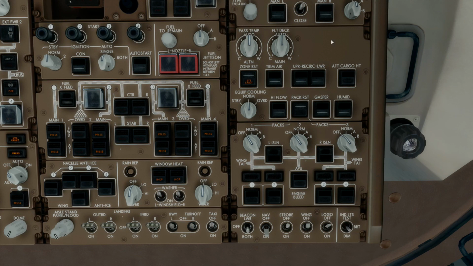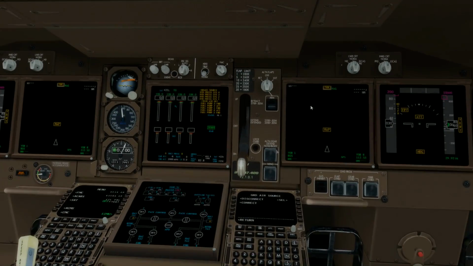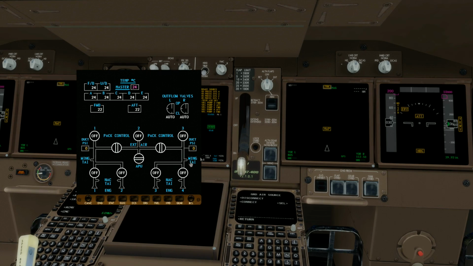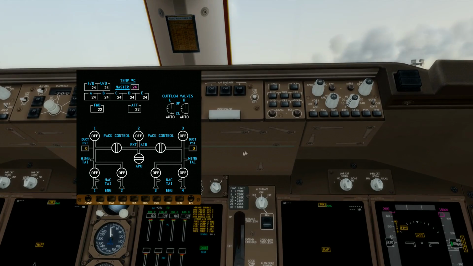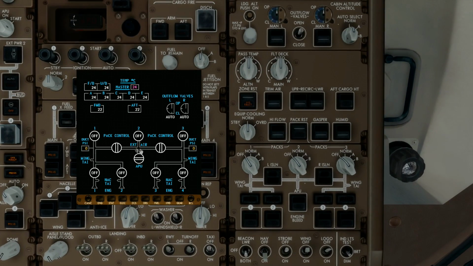Right, back to the main air conditioning panel on the overhead. I'm going to go ahead and connect an external air source, and we're going to open up the ICAS on the air conditioning page. There we go. So now you can see that we have external air connected. We're going to open up the isolation valves. Same thing as a 737, the right side and the left side can be isolated. With those isolation valves open, we get duct pressure in both sides, and now we need to direct that duct pressure towards our packs. Turning them on,